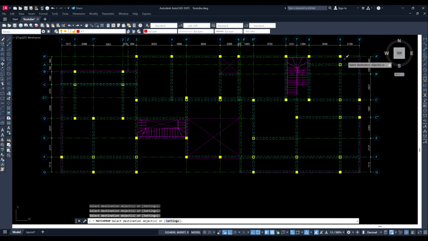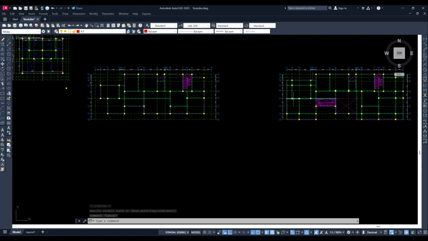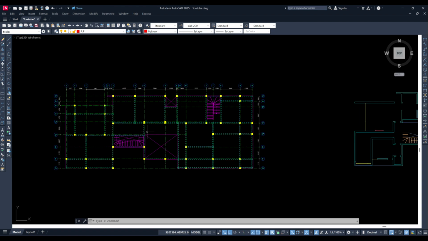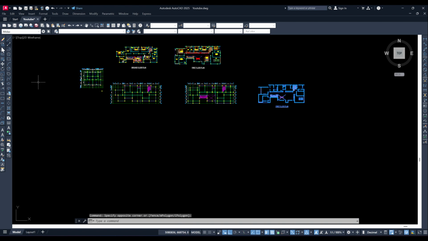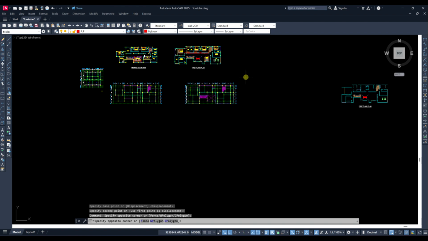Remember I said the magenta line, I use it mostly for the exterior part of my building, or anywhere we have this continuous slab. So like now I'm going to use,